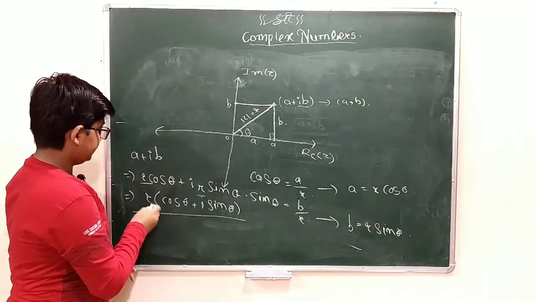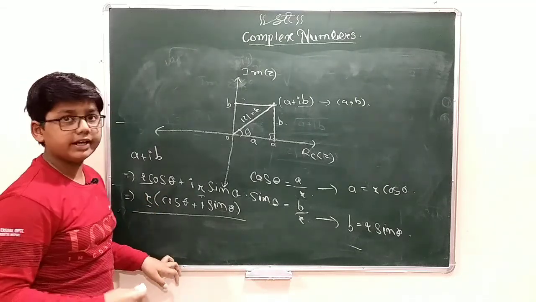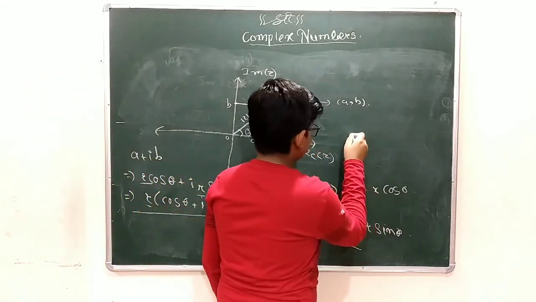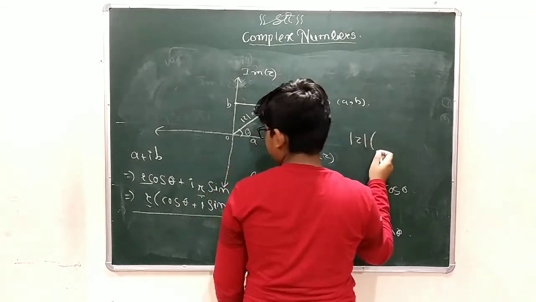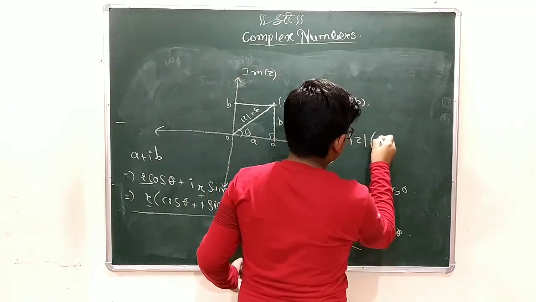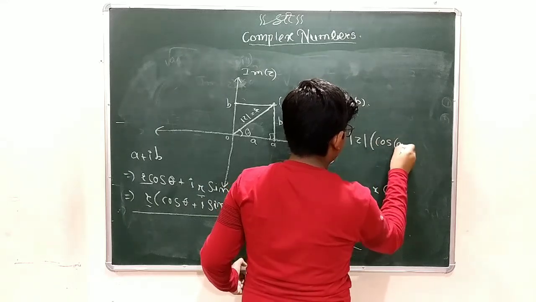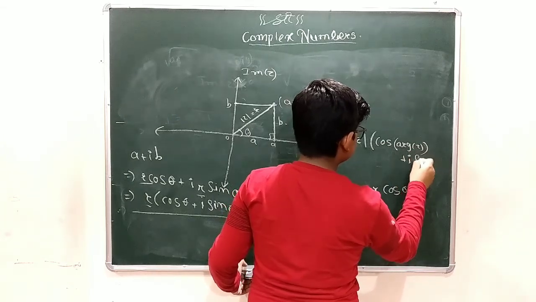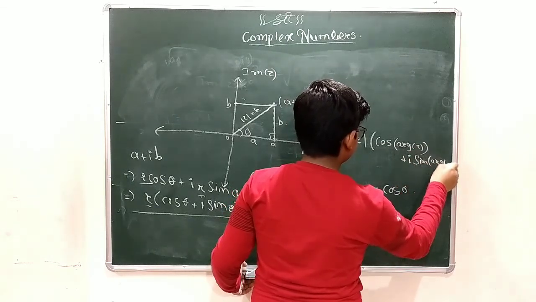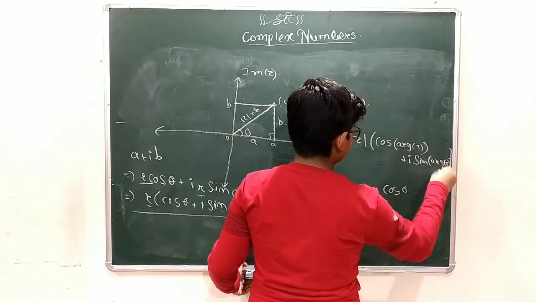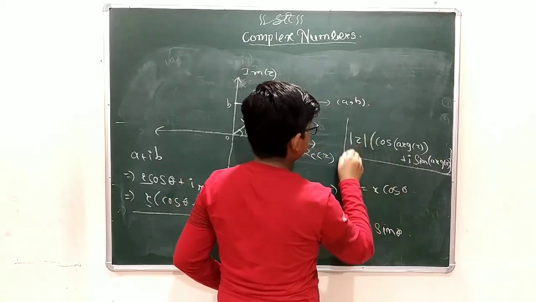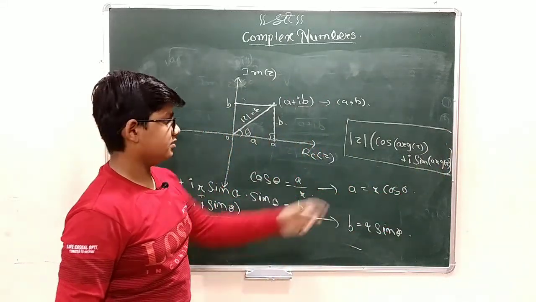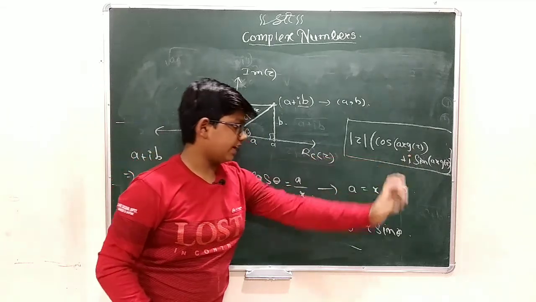Now if we have to write without using variables, in the general format for the complex number, we can write this as r, also known as modulus, so mod of z into cos theta. What is theta? It is the argument of z. So cos of argument of z plus i into sin argument of z. This is the format of the trigonometric or polar form of complex number, that is mod z into cos of argument of z plus i into sin argument of z.